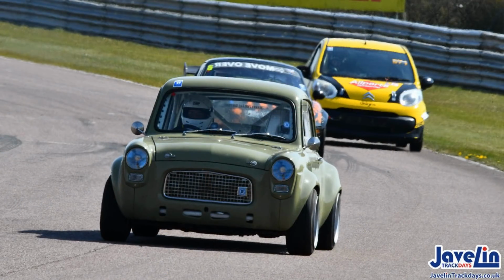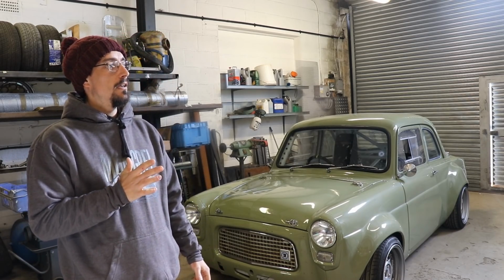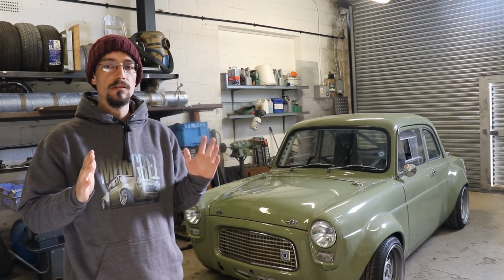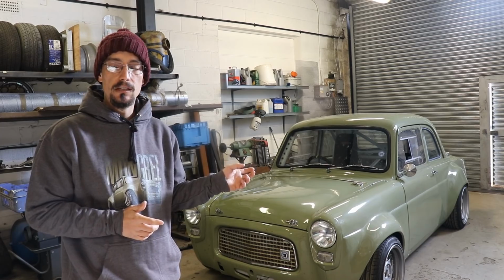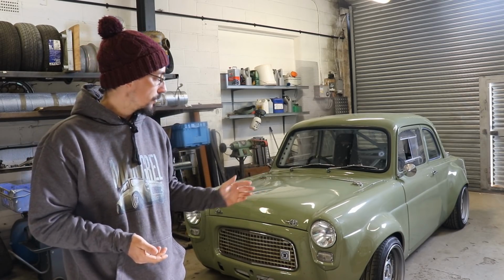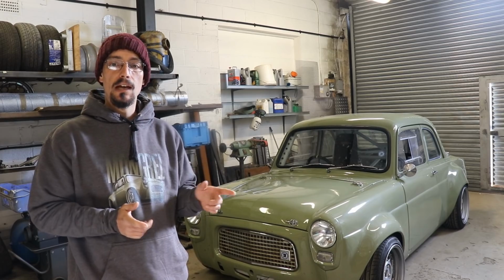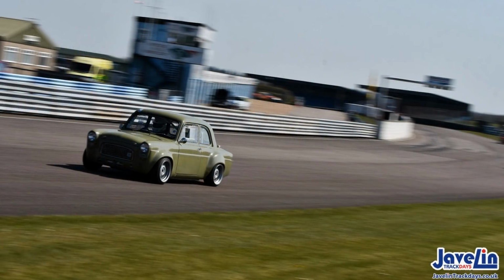So alignment settings, from what I've read now, which I wish I'd read before I went on the track day, is that the alignment settings for this, on the rear, I should have 2.5 degrees of rear camber with 4mm toe in at the rear. I've got 0 degrees of rear camber and 0 degrees of toe on the rear. I don't know where I got these settings from, but I did actually align this car, so I got them from somewhere. On the front, I should have 1.5 degrees of camber and 0 degrees of toe. I've got 2.5 degrees of camber